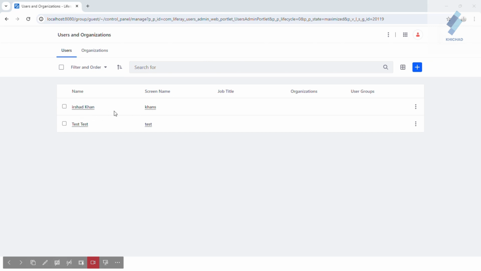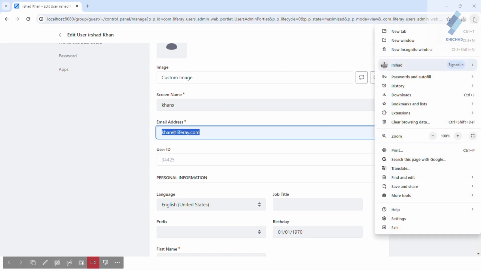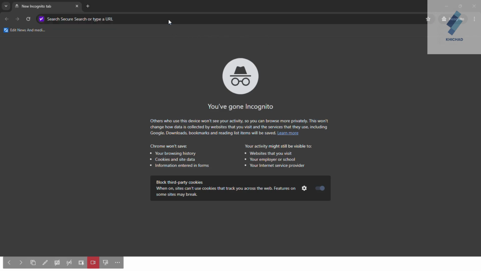Now you can see your user was imported successfully. LDAP users are Irshad Khan and rename this. Click on this and check the email ID. It's khan@liferay.com. And go to the new incognito mode and log in this user on Liferay.